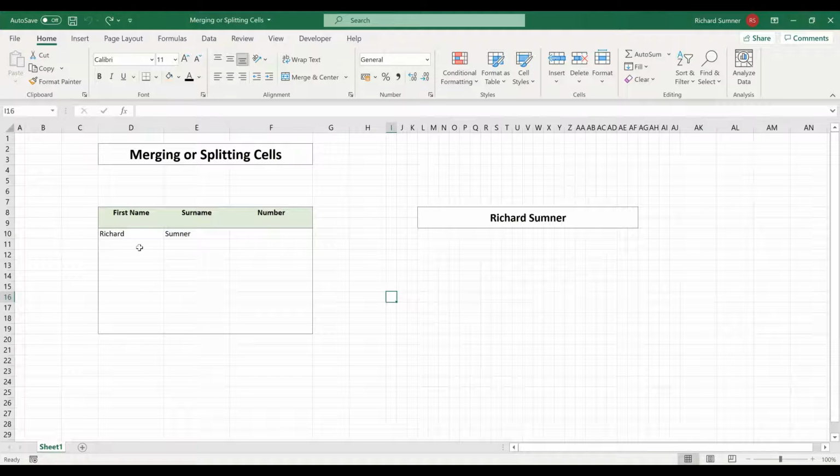The reason why I do that is because when you've got data entry, you need the columns, and it makes sense to have the columns the right width to put the data in, that's all fine. But when you're actually showing information and it's not necessarily in table form, you want to be able to maneuver that anywhere. So what I've got here is I've actually got a formula which just brings that name across here. That's all it does. But imagine now if I had one wide column and I wanted to move that name slightly to the right or slightly to the left or up or down, it becomes difficult when you've got set